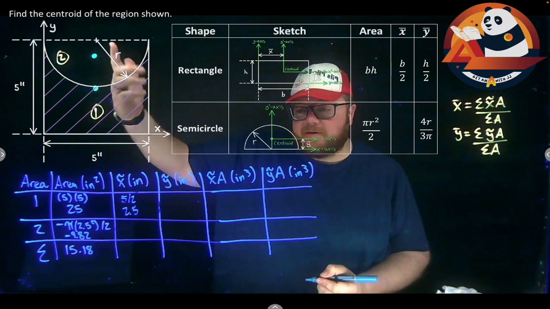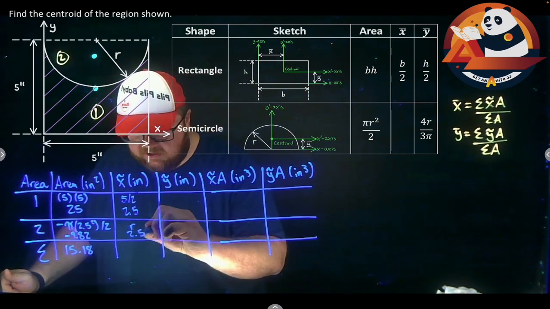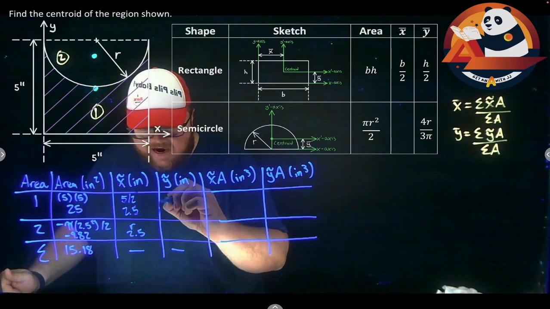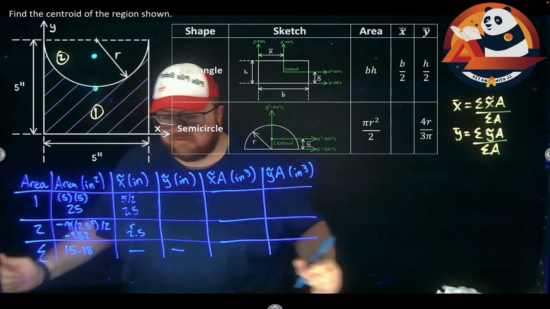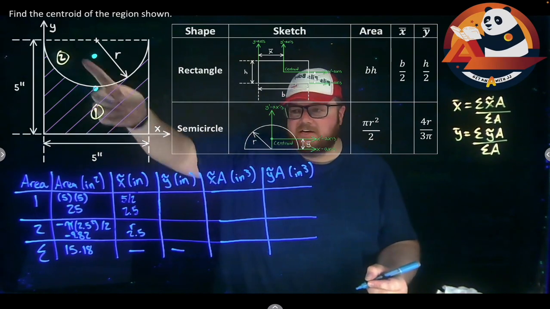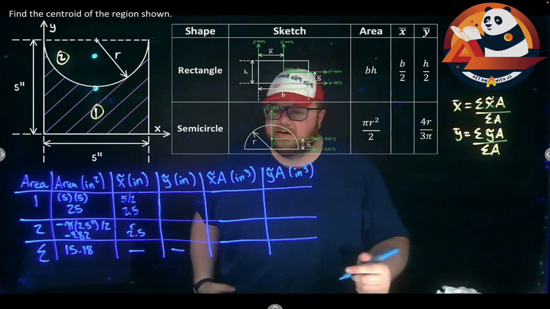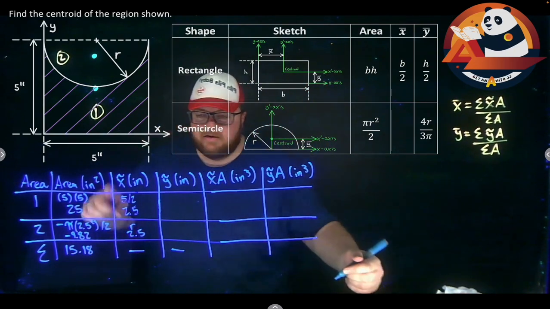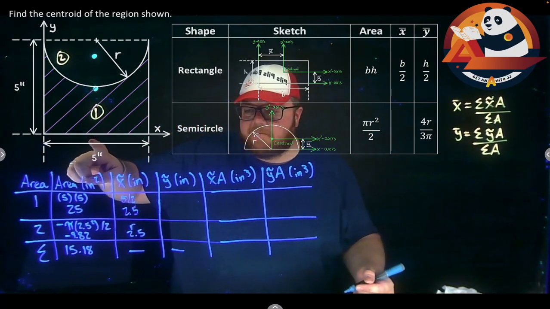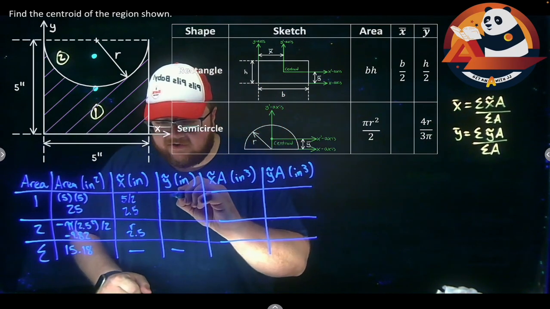For shape 2, it'd just be the radius, r, or also 2.5. And I don't need to add up my x tilde distances in here. For y tilde, or my y distance to the centroid of each thing, some places would call that y bar 1, y bar 2. It's the same idea in here. But I measure from the x-axis, and I'll come up half the height. That would get me height over 2, 5 over 2,